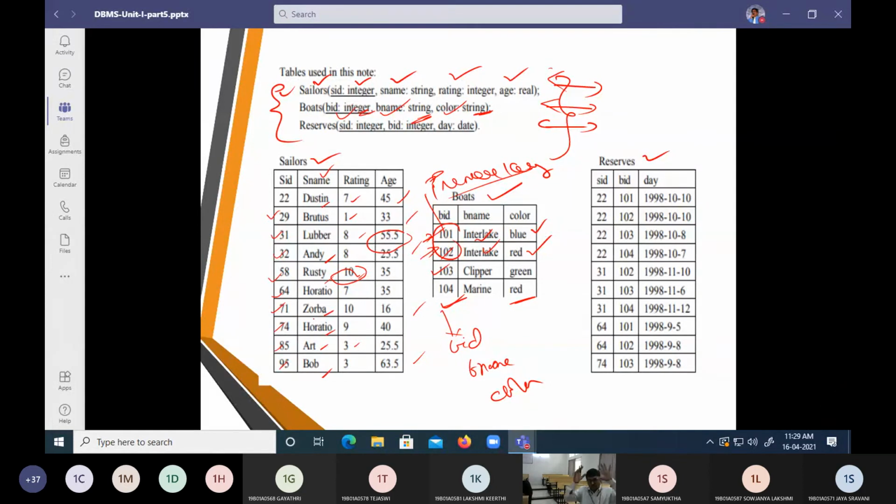Next one, sailors are ready, boats are ready, but sailors should reserve a boat. If a person wants to go for a ride, he has to take that boat. How can he take that boat? He has to reserve it. Assume you are going to a library and you want to borrow a book from the library, the DBMS textbook.